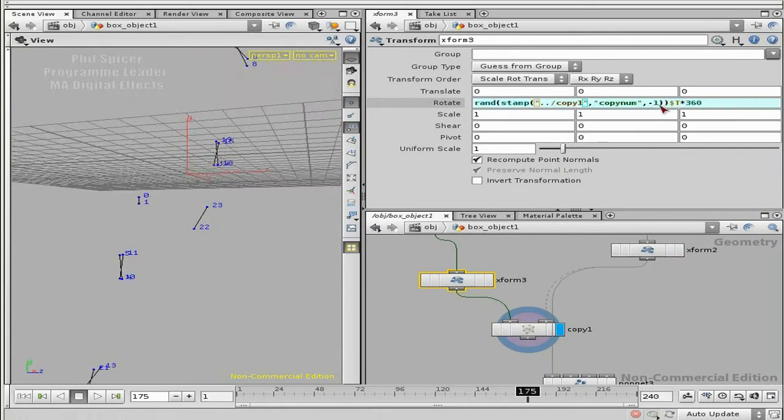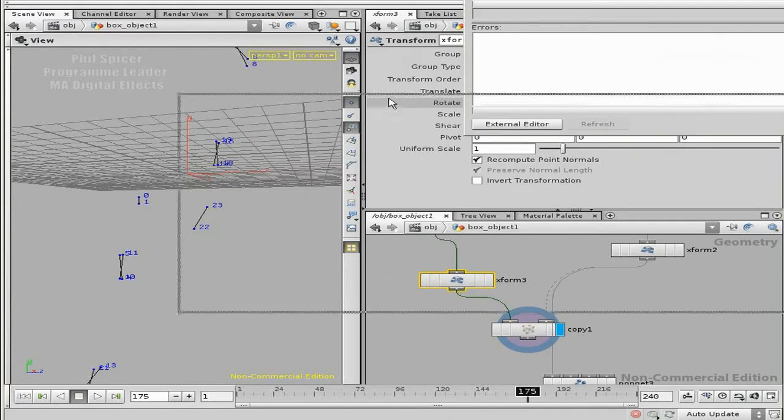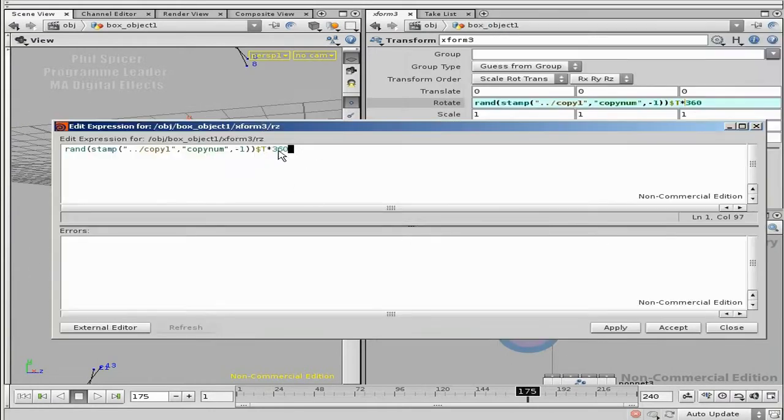Now one of the things that can happen, since random will return a number between 0 and 1, is that this number will become very small, and then these guys don't really have any influence anymore. So what I'm going to do is just spread this out a little bit so it's a bit easier to